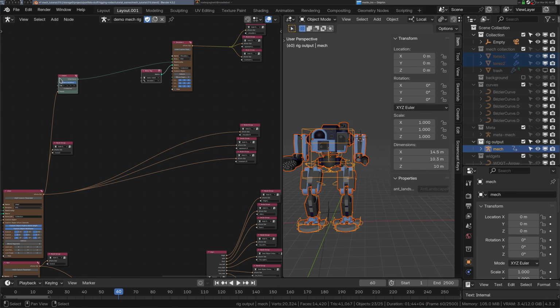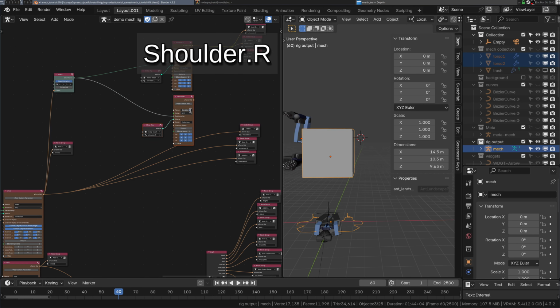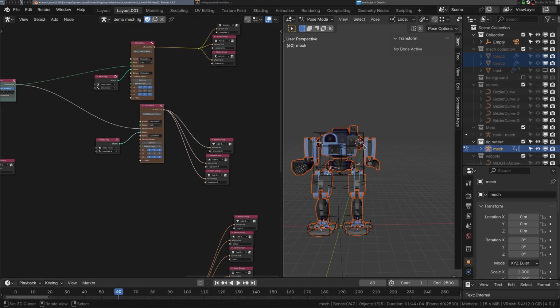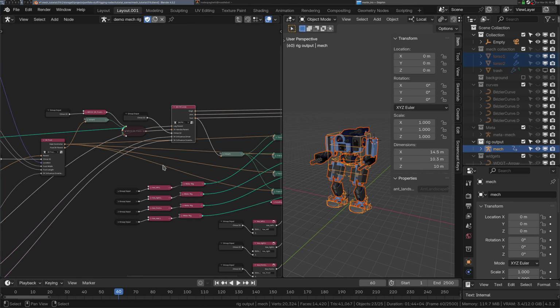We'll go ahead and Control-Shift-D to duplicate these and keep the connection. Name it shoulder.r, and there. Let's unlock the rotation of this. Very good. Now for the arms, we can actually go ahead and just reuse this IKFK limb that we added